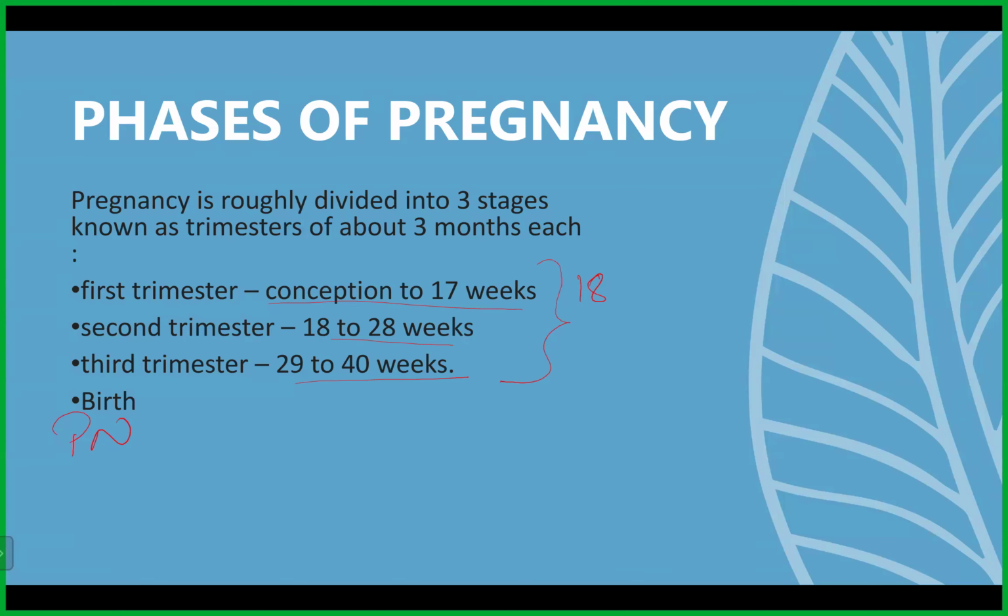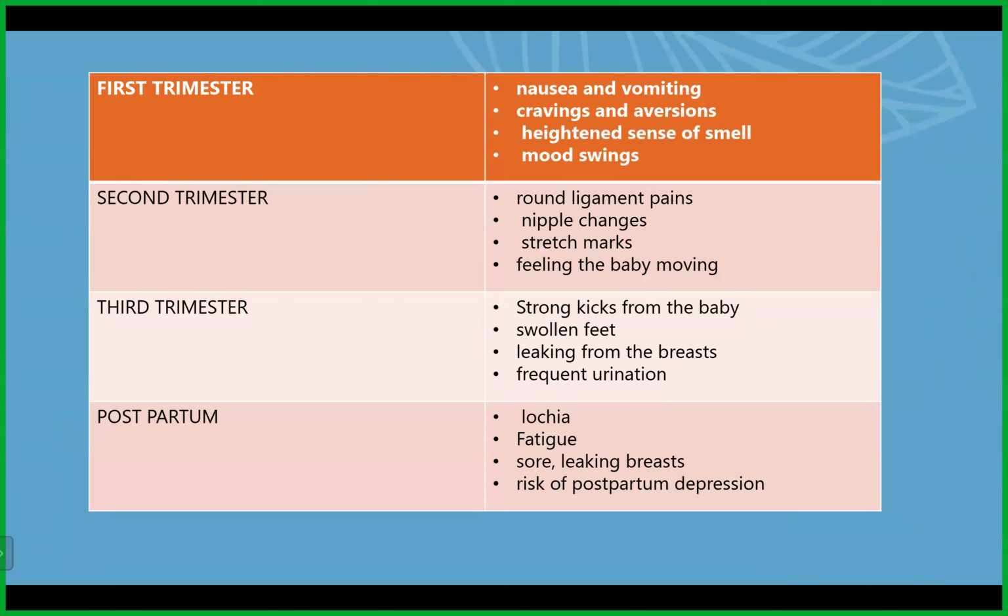Okay. So moving further, we mostly deal with the complaints that the patient has, right? Maybe not in the OG sector, but in any other sector, it can be weakness, pain, stiffness, anything. So let's see what complaints our patients will come up with in the first, second, and third trimester. In the first trimester, they're going to complain about nausea, vomiting, cravings, heightened sense of smell, and mood swings. This is not a disease, so you can't call them symptoms. You can just say these are the complaints they come to you with.